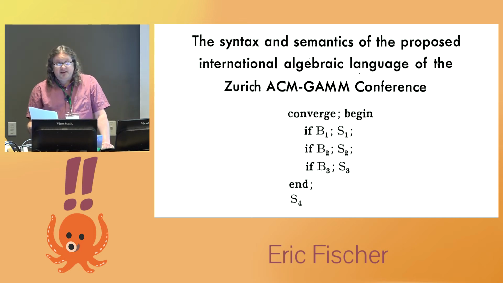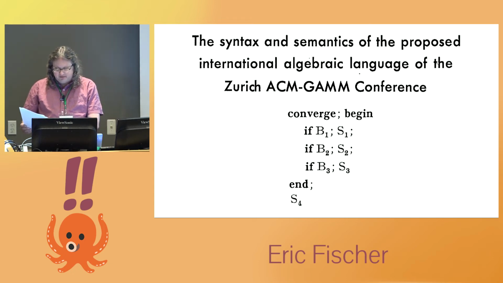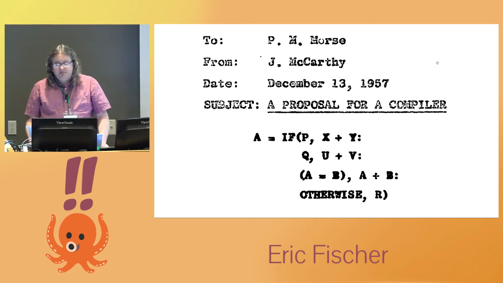The story gets really muddy the next year when several papers about Algol were presented at a conference. One of them was the paper where John Backus, who had previously led the Fortran project, introduced the idea of formal grammars for programming languages. Algol, in his description of it, doesn't have the if-either conditional form. Instead, it has a keyword called converge, which makes the top-level ifs inside its block behave like else ifs. It's not clear whether this was meant as an idea for a better if-either, or whether it was an earlier idea that had actually already been rejected in favor of if-either. Either way, if-either would soon be replaced.